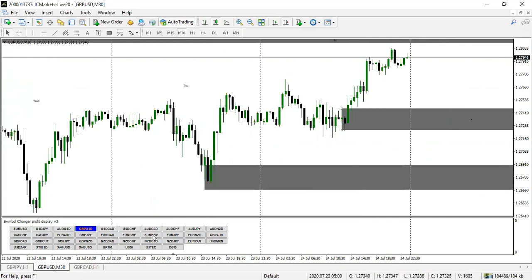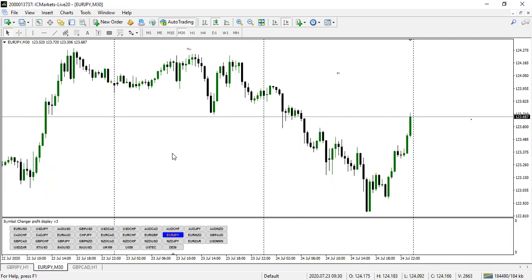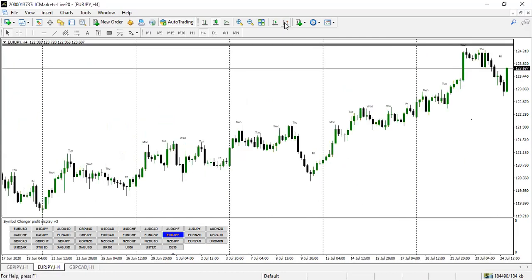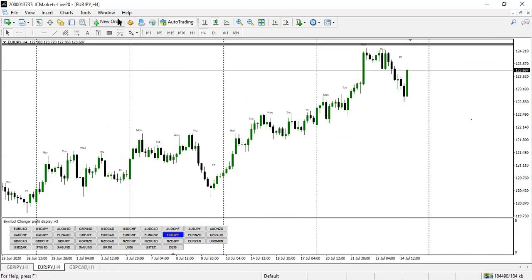So the next pair we're going to look at is EURJPY, right? On EURJPY, the daily, we can also see the same thing here. This market can likely take away that particular zone. Then on the 4 hour, we can also see that this is also bullish, right? I actually marked this with my group on that very day, on that Friday, and then we can actually see market going higher from there.